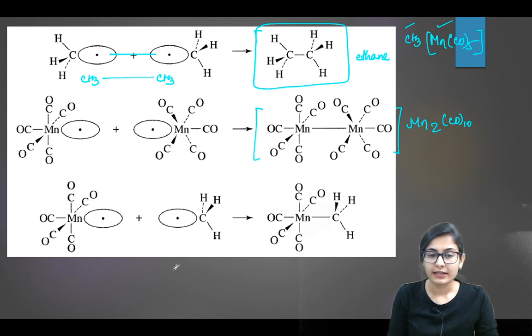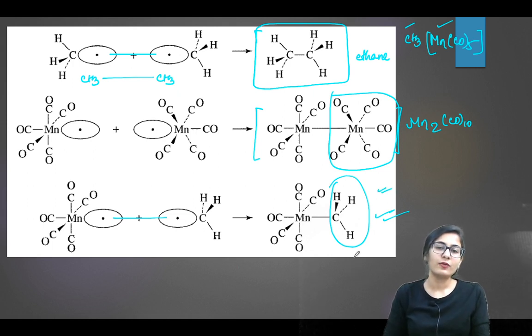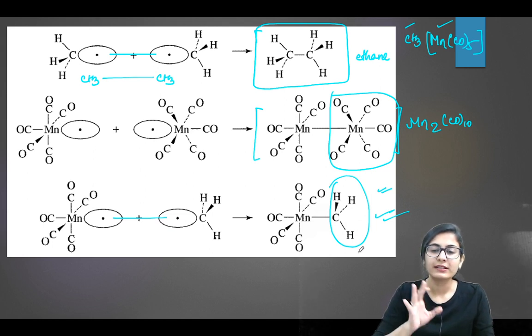Similarly, what if I replace one of the manganese fragments with the CH3 fragment? They can also bond in a similar manner, isn't it? Because both of them are isolobal, they require only one orbital and one electron for bonding. So we can replace this whole fragment Mn(CO)5 with a simple CH3, isn't it? This is how we are able to understand what the isolobal analogy is and what it is defining. It is defining the replacement of different fragments in different complexes.